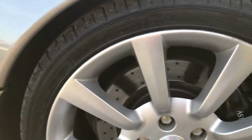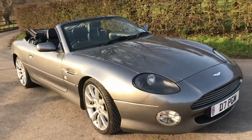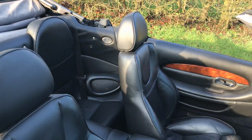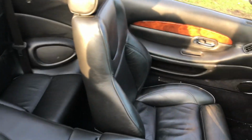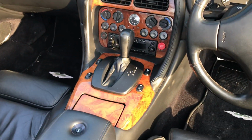And when it comes to specification, I did mention the car is a Vantage, but the car does have Falcon grey leather. Newport Pagnell had its own leather trimming department that used to do an absolutely fantastic, legendary job. And as you can see, this car has got the beautiful sport seats. Also Wilton carpets are in this car. The lovely little details, and that is wood veneer,